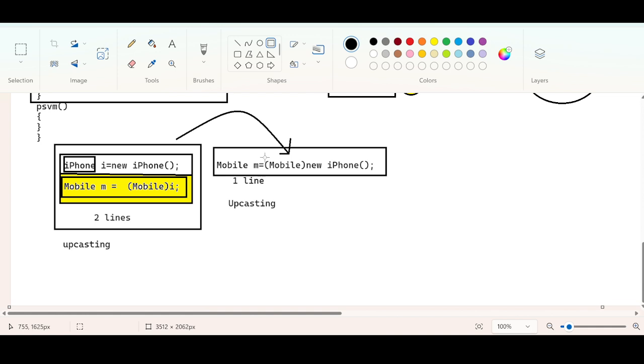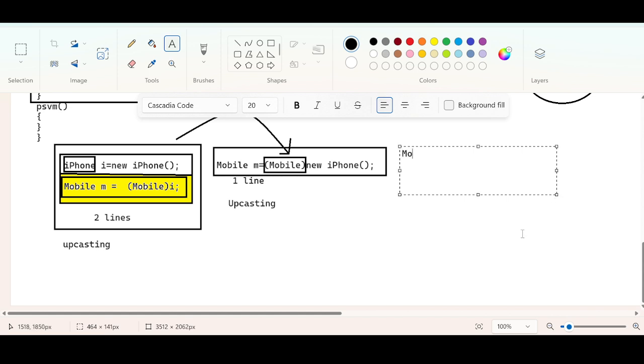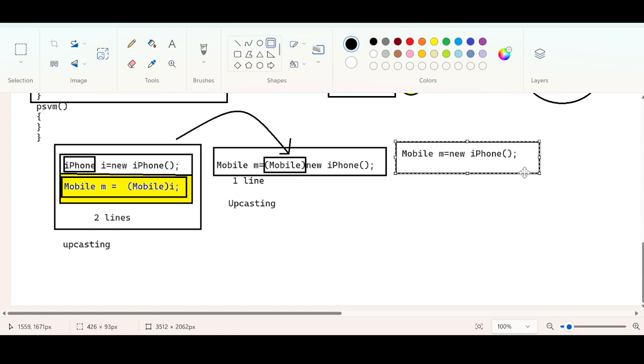This part is also optional, meaning this can also be modified like mobile m equal to new iPhone. All these three lines are giving the same meaning. All three steps are talking about the upcasting.